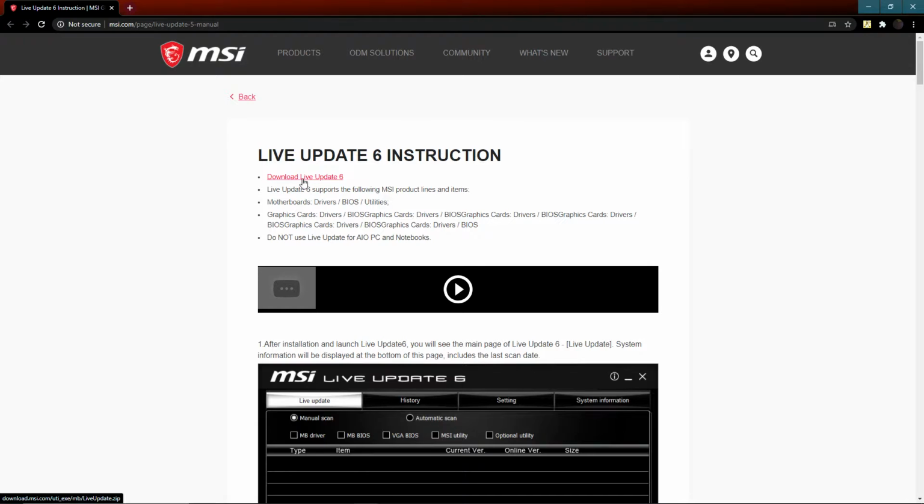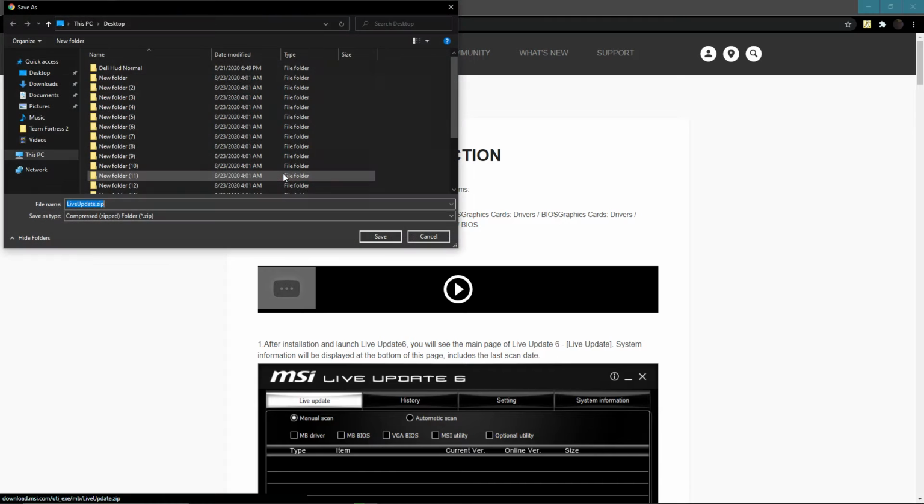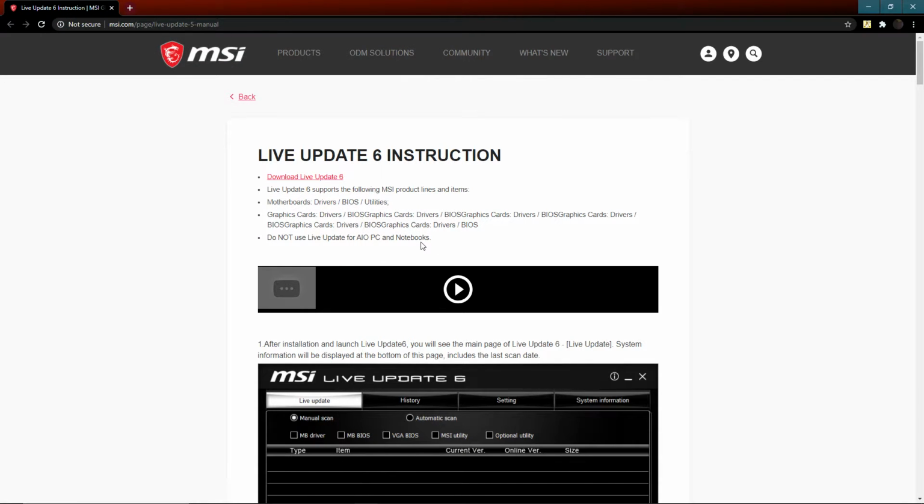This little link right here that says download live update 6, this small little text, you're going to want to click on it, and it'll take you to a thing where it asks you to save it. After you save it, you're going to want to launch it, go in about 2 folders till there's going to be one folder, you go into that folder. In that folder there's going to be an exe. When you launch it, it's going to ask you to extract and then launch. So you click extract all, and then after you extract all, then